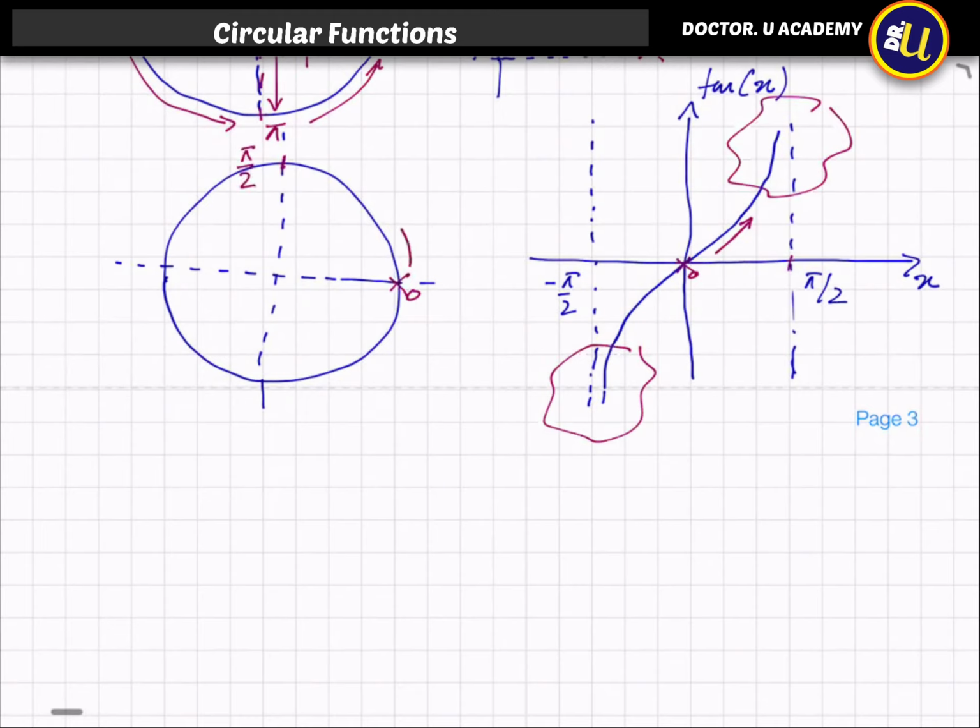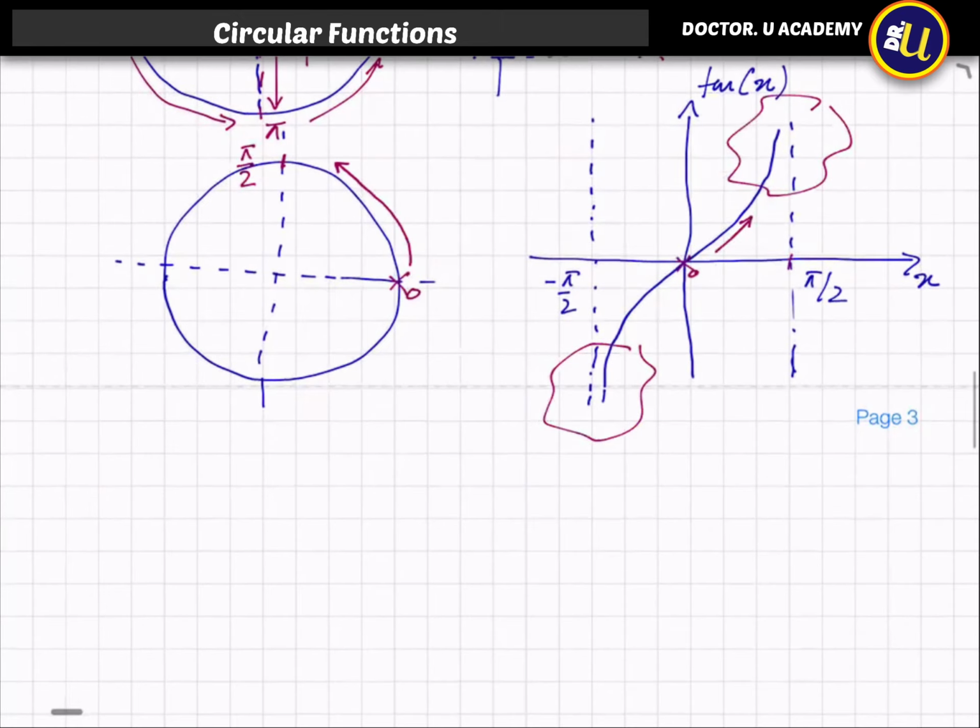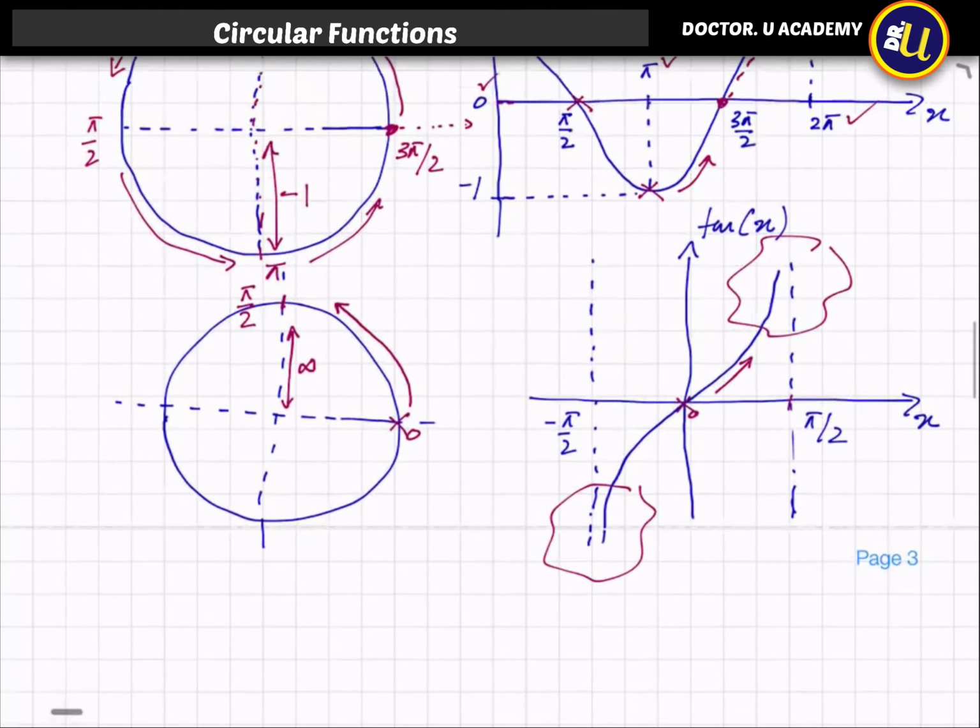So you are going up, right? When you are going up close to pi divided by 2, what would be your vertical value? It goes to infinity, right? So that means this value should be infinity. So essentially in practice this is not going to be a circle, right? How come it is a circle if the radius is infinite? But hypothetically we will consider infinity is represented using a radius, the same way we did before.